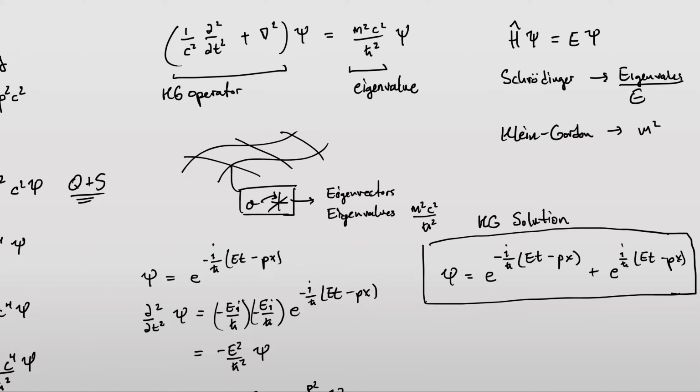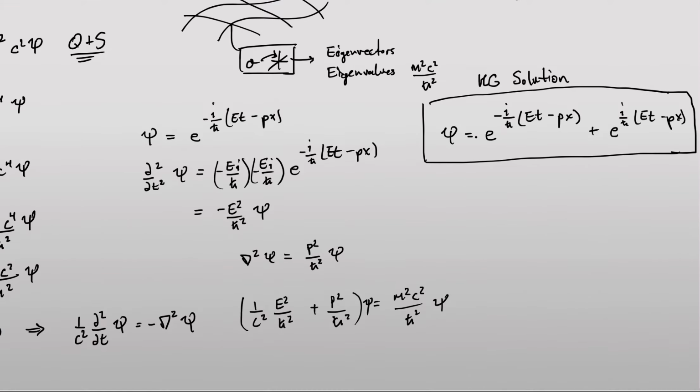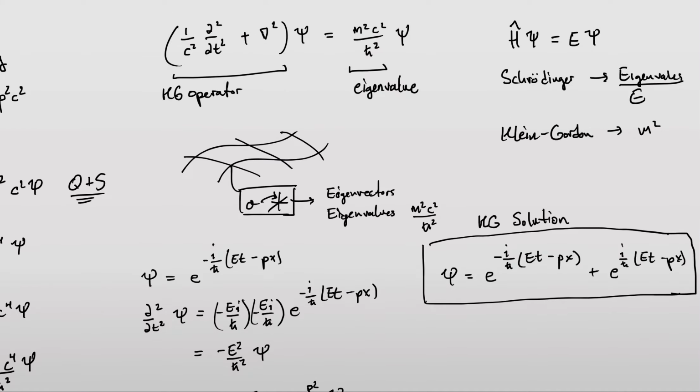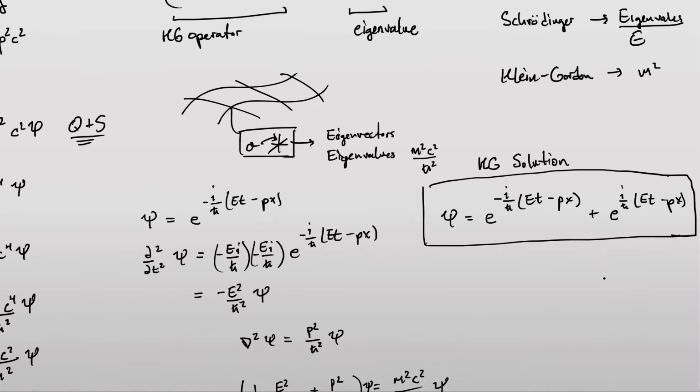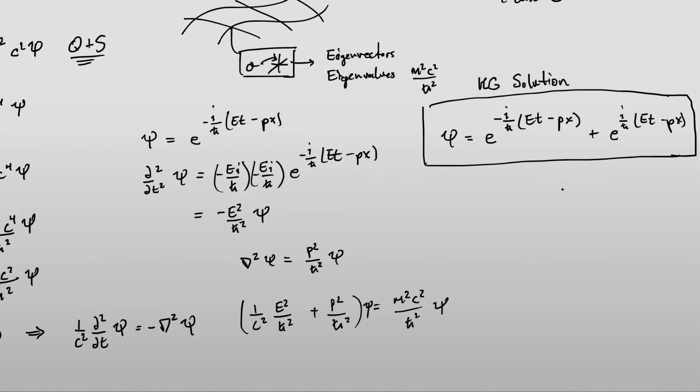And we compared that to the Schrodinger case, where the eigenvalues are associated with the energy and not the mass. And then we took a look at the solutions to this differential equation. This right here is a differential equation, the Klein Gordon differential equation. And we found that a general solution to the Klein Gordon equation is a series of complex waves. So this is one complex wave, in which case we got